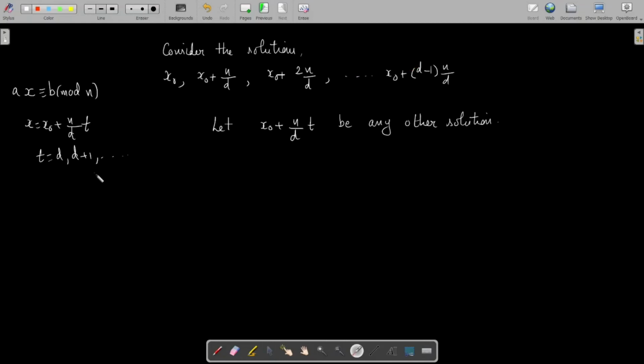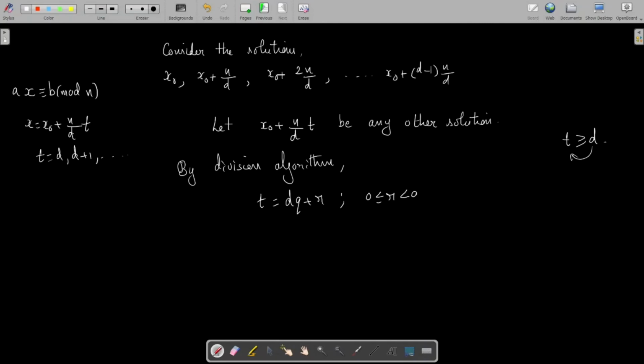We will show that such solutions will be congruent modulo n to one of the solutions in this list. For that, we will take any other solution x0 plus n by d into t. So actually here t is greater than or equal to d. So by division algorithm, we can divide t by d and we may write t equal to dq plus r, where 0 less than or equal to r less than d, or it is less than or equal to d